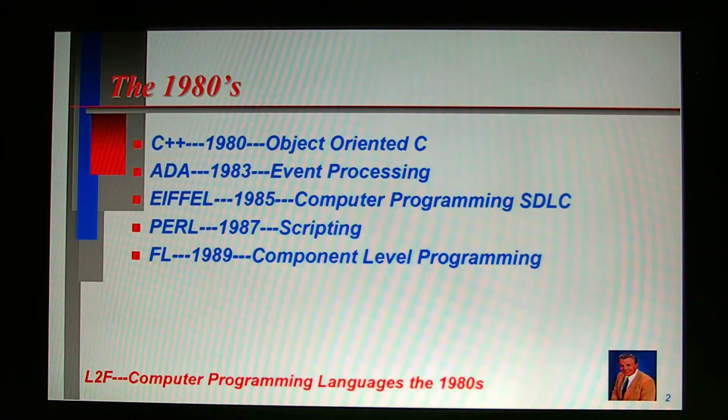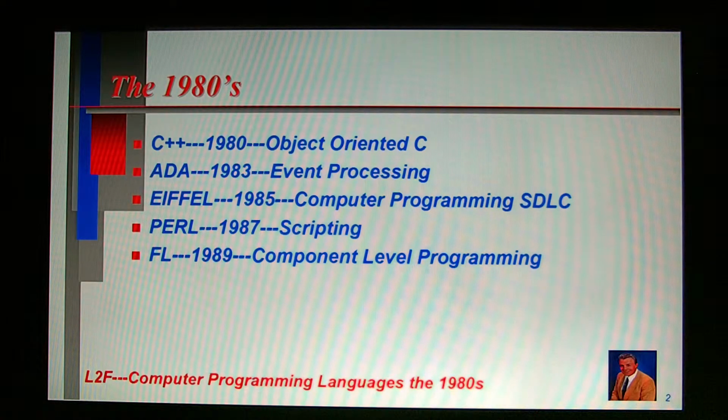The 1980s established the computer programming language era for the microcomputer generation of computer hardware. The C++ computer programming language extended the C computer programming language to support the computer programming language object-oriented paradigm. The Ada computer programming language extended previous computer programming languages that supported the object-oriented paradigm by pioneering synchronous message passing, which led to improvements in event processing.